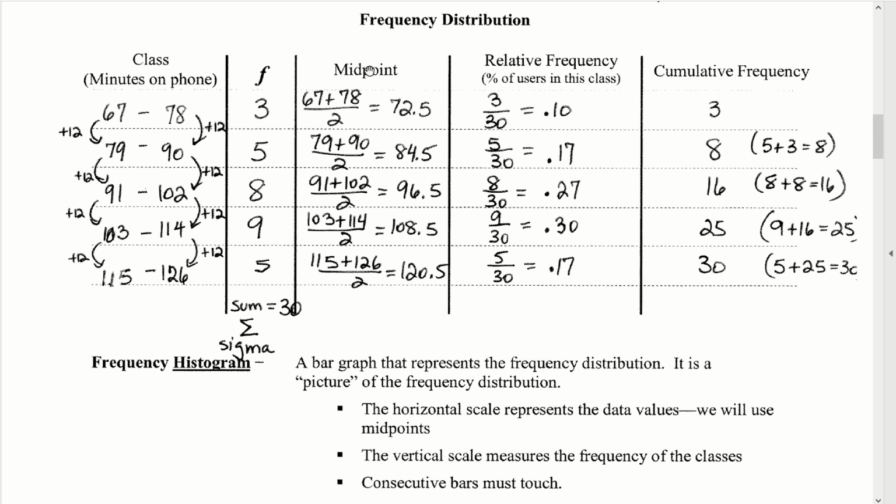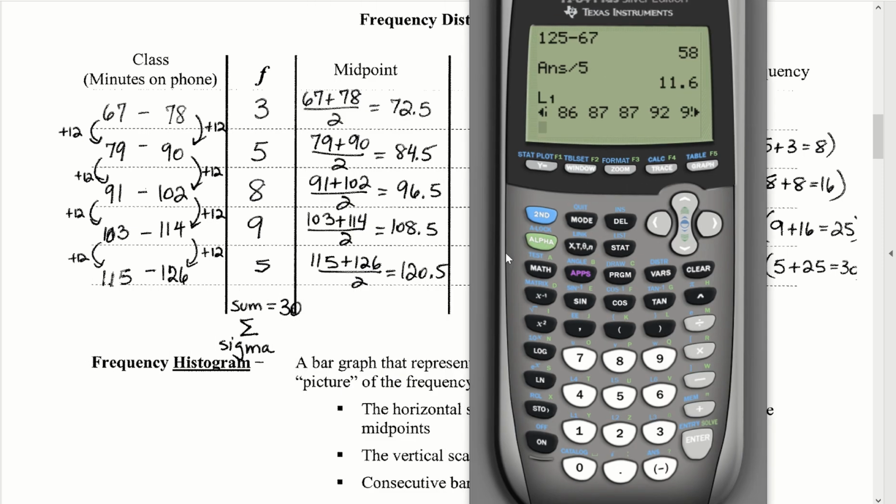The next thing we want to do is find the midpoint of a class. The midpoint is simply the value that's halfway between the lower class limit and the upper class limit. To find the class midpoint, you just do lower limit plus upper limit divided by 2. For example, I'll do the first one in the calculator together. If I'm going to do 67 plus 78, divide that by 2, according to order of operations, I need to put a parenthesis first around the addition to save the division for last. And that's going to give us